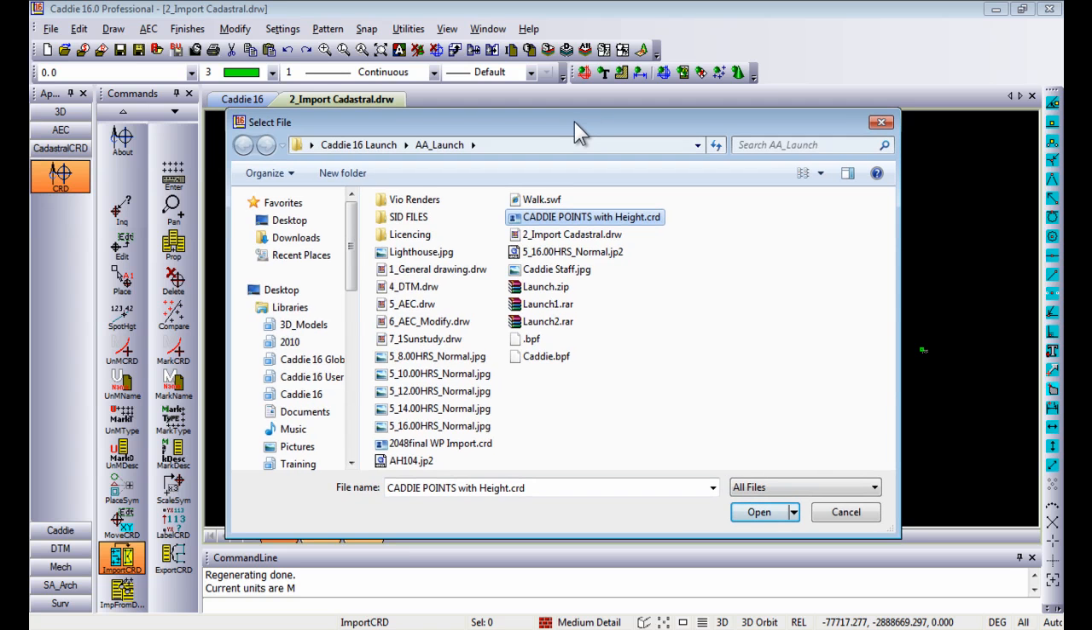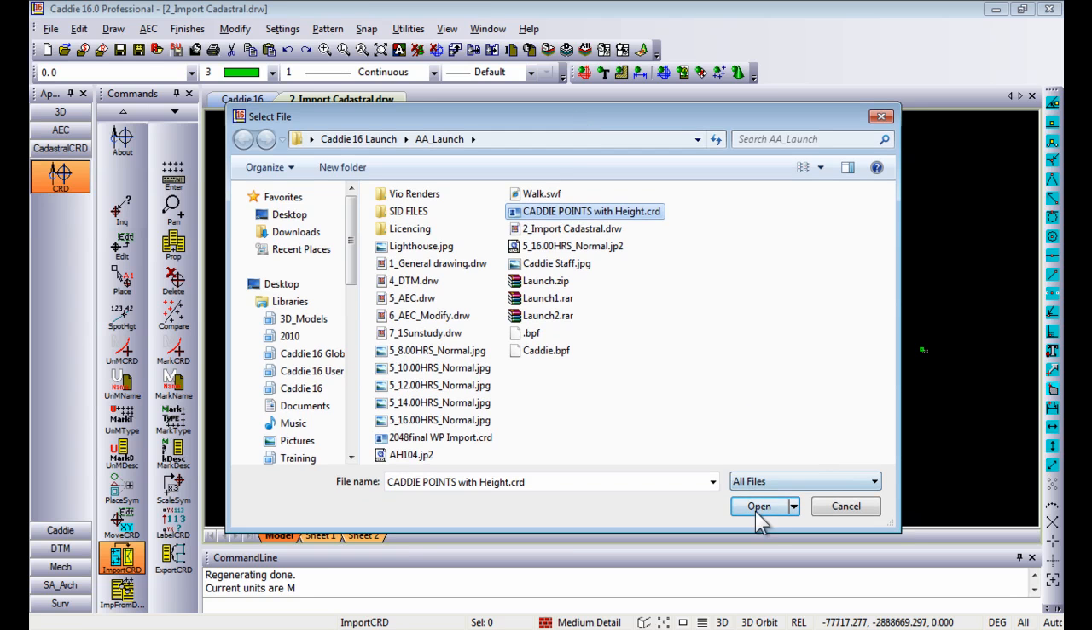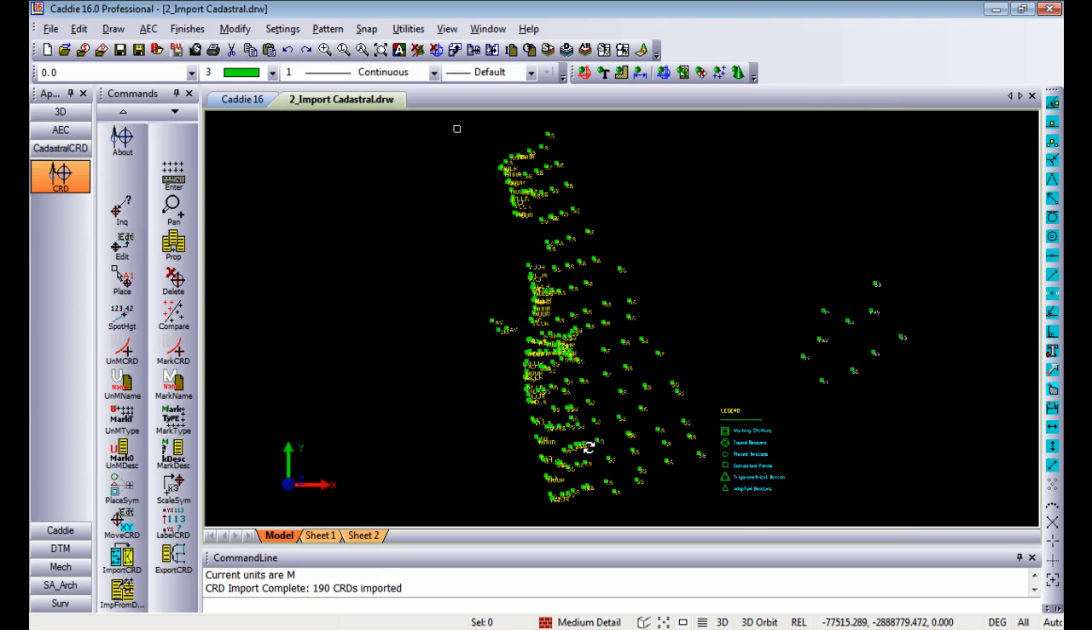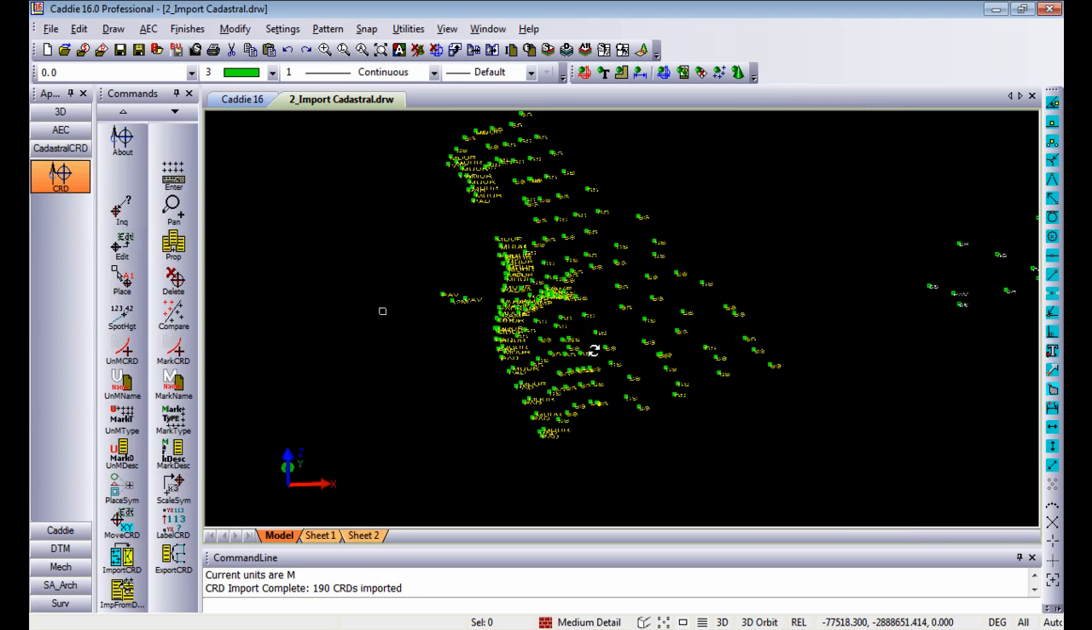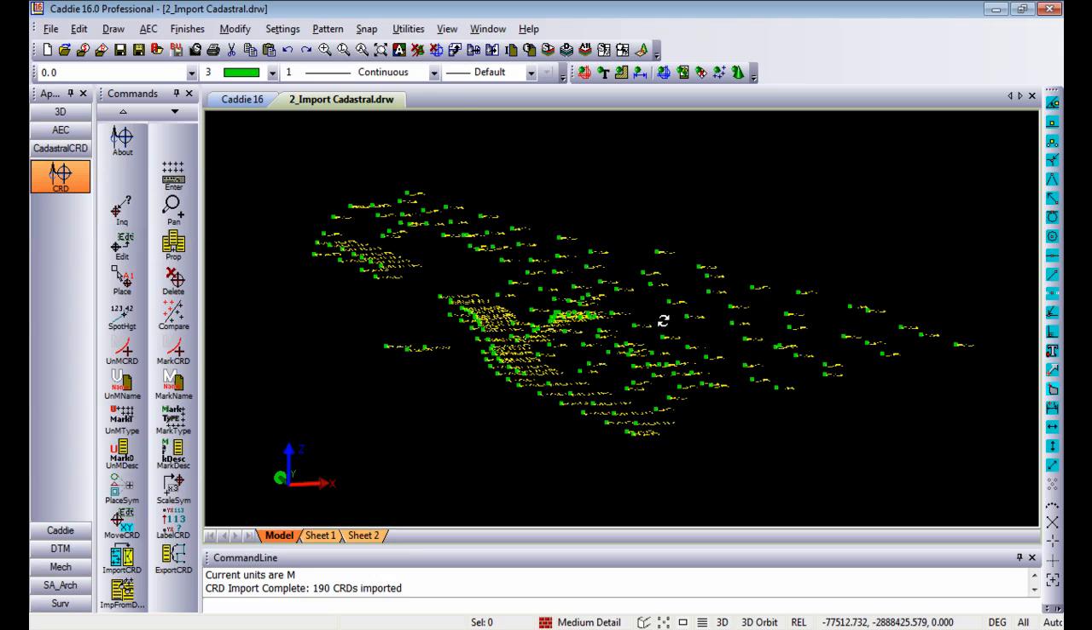Each and every point that you read into the station will give you the ability to name each point, to give a description, etc. If I import that CRD file, it will open up the file view and place all the information according to the values that it got from the ASCII file. If I do an orbit in model space, you'll see it actually places each and every point in a three-dimensional environment. Going back to my top view,